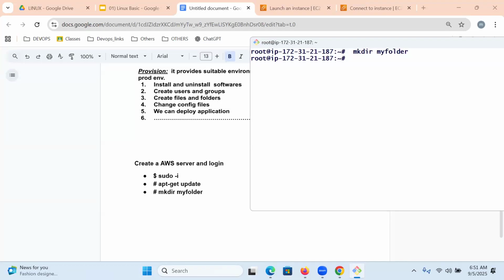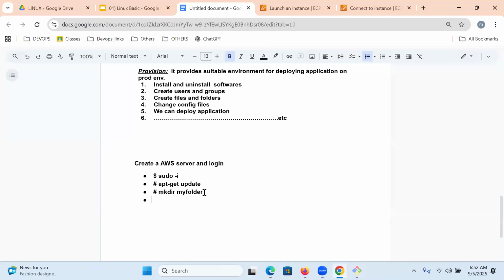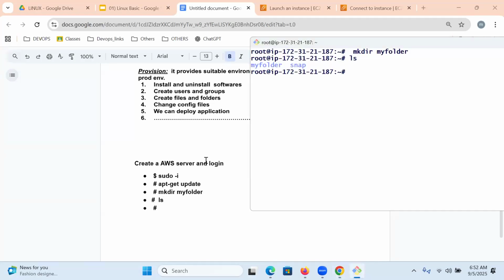Can you see this folder? No, by default we can't see it. In Windows, yes, we can see it and double click to get into the folder. But here everything is a command. As discussed, everything is a command, guys. Once it is done, let us execute the ls command. ls is a command to list down which folders and which files are in the present working directory.